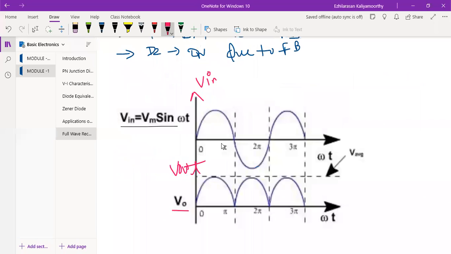So during the positive cycle, if you want to write, I can write here. Okay, so here in the waveform also you can write: during the positive cycle, the diode D1 is on. Yes, so D2 is off. Here you can write that during the negative cycle, D1 is off and the diode D2 is on. So you will get it like this. So this is the continuous full wave rectifier output.